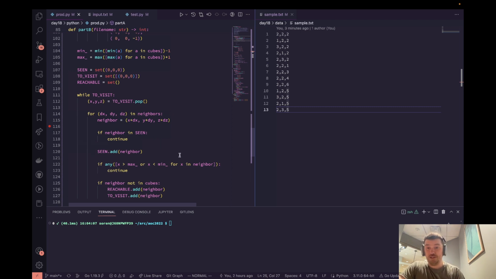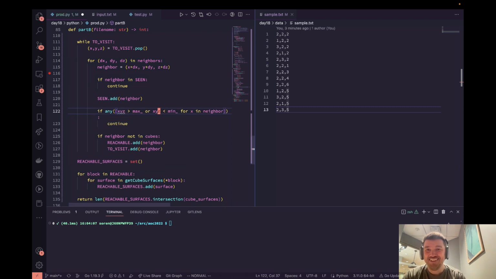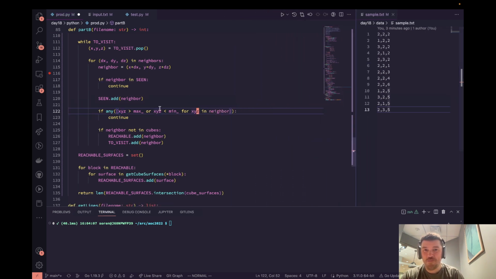Otherwise, we add it to the seen set. And if any of the individual coordinates, so the x, y, or z, is outside the bounds, then